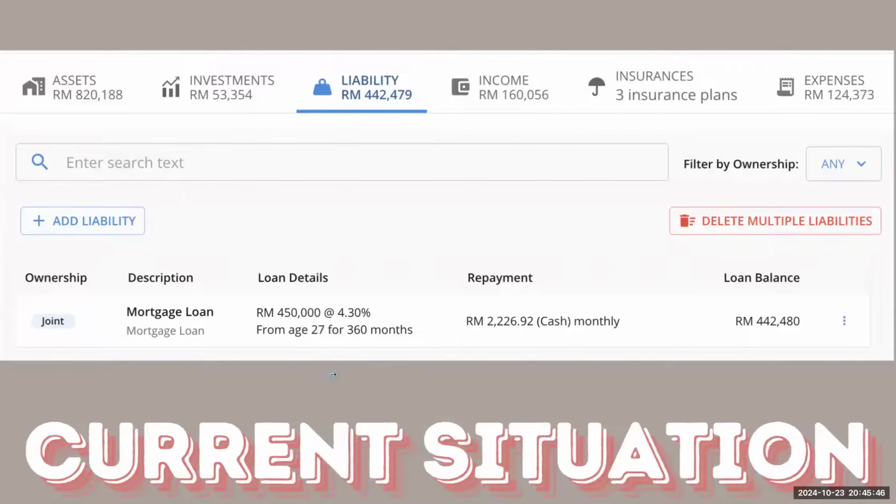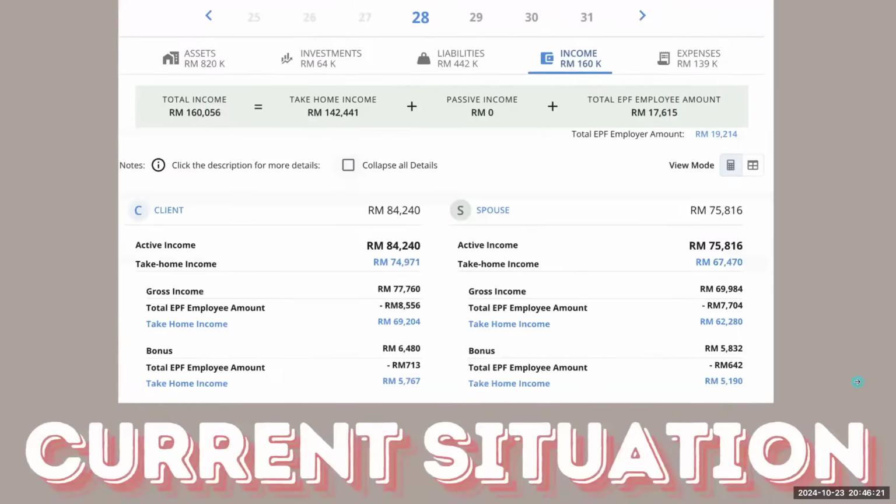And liabilities, of course, we can also add in all the liabilities that they have. For this one, we just keep it simple. They only have the mortgage. A typical couple might even have car loans or a little bit of credit card debt here and there, but for this example, let's keep it simple. They have a mortgage on their house that they're still paying at roughly $2,226 every month. And this is the loan balance where we can simulate when they can pay off. Is it worthwhile for them to pay off early? And also even their income and expenses